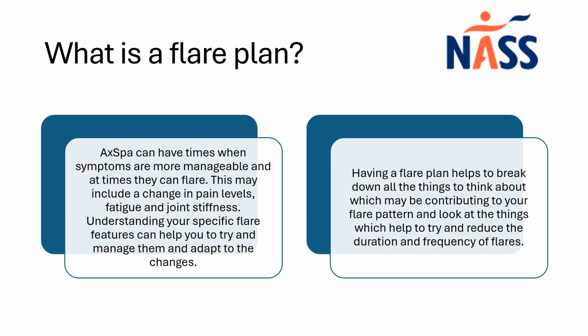So to start with, what is a flare plan? AxSpa, or axial spondyloarthritis, can have times when symptoms are more manageable and at times when they can flare. So this would be when things appear to be worse. This may include a change in pain levels, fatigue and joint stiffness. So understanding your specific flare features, which are personal to you, can help you to try and manage them and